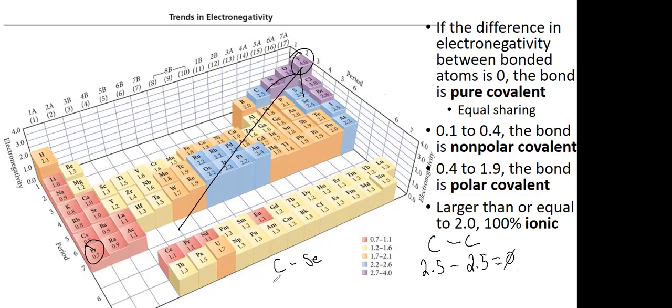So carbon has a score of 2.5, selenium has a score of 2.4. You subtract the two and it's 0.1. So they're in a covalent bond and they share the electrons equally as well. Maybe not 100% equal, but close enough that it doesn't make a difference. And let me just say right now, you cannot get a negative score for this. So if you were to